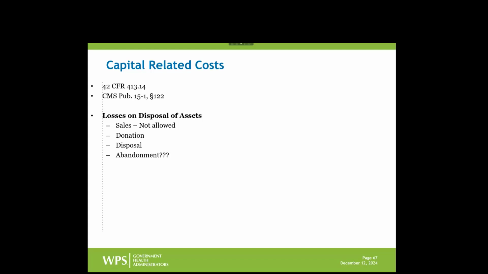So we're going to report it in the period of disposal, but we have to use the reimbursement impact from all prior years. In other words, we're not just going to allow that cost this year and then whatever its corresponding reimbursement impact is this year. We need to look at what it would have done to reimbursement if that cost was allowed in the earlier part of its life, technically all the way back to the beginning of this asset's life. So that's a very in-depth calculation.